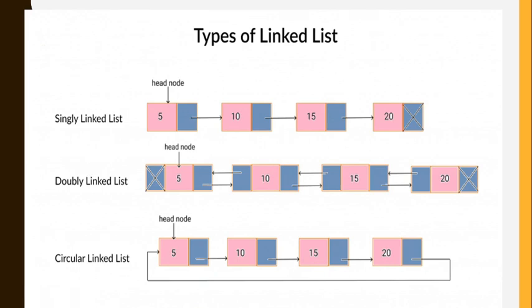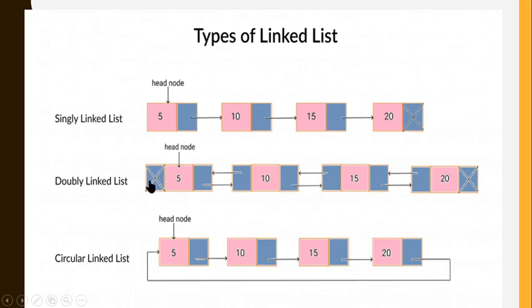So there are three types: singly linked list, doubly linked list, and circular linked list. In this video, we are going to learn about singly linked list. Regarding doubly linked list and circular linked list, I'll send a PDF or the code. You can have a reference. Once you understand singly linked list, you can go along with doubly and circular linked list. This is a pictorial representation of how the nodes look like. We already checked how a singly linked list looks like. In doubly linked list, we have three partitions in each node.